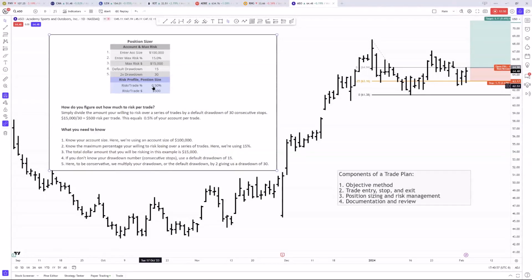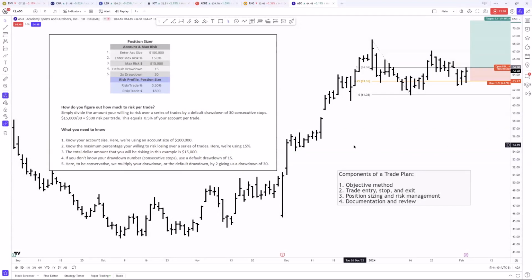And then you can do further math to come up with, in our case, a 0.5% per trade. And that's what I'm comfortable with. All right, so that's the basics. Let's go ahead and plan the trade, and I could do some more on this. And there's a few other considerations.